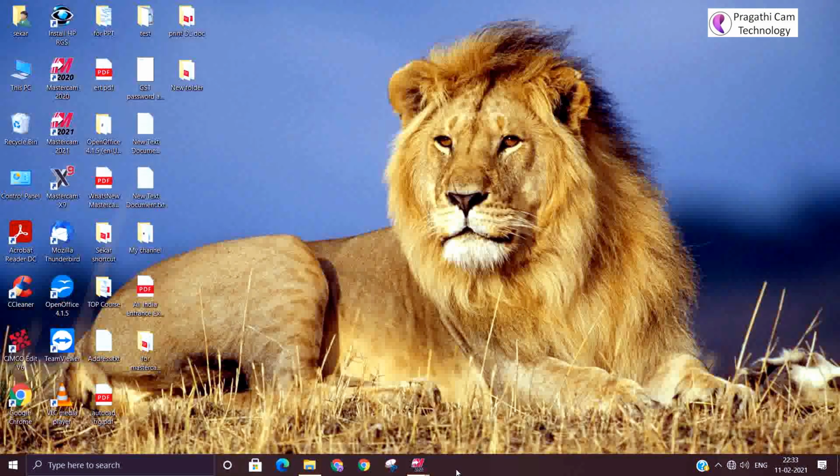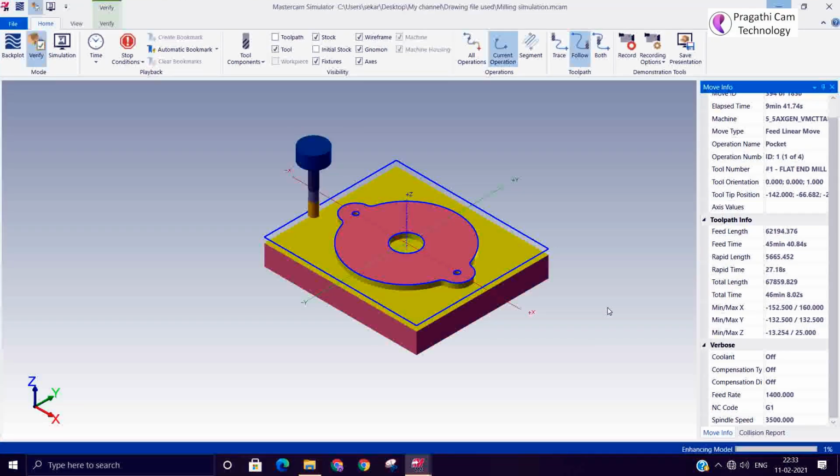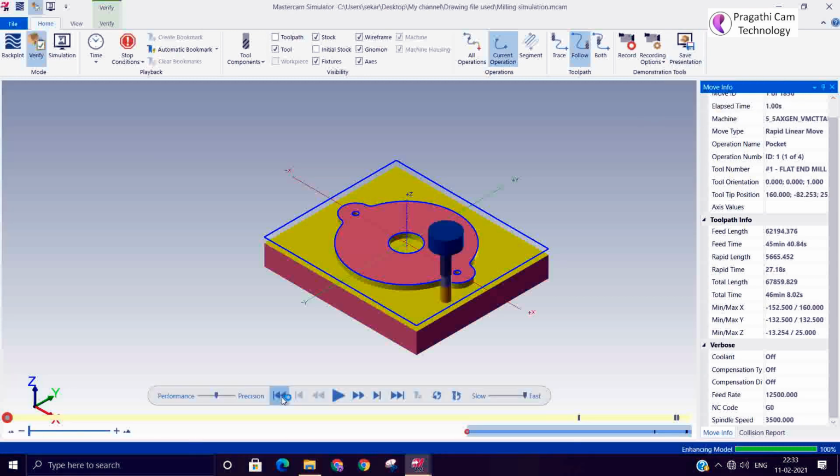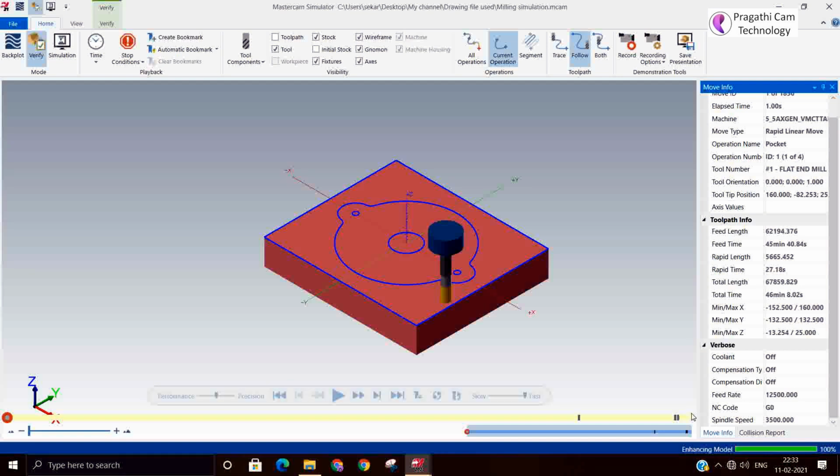I have deleted that file, and one more option is also available, save as a presentation. What it does is, it takes all the files and makes one executable file. It is a self-extracting file, and it will extract all the files and make a zip, and wherever you want, you can use this one.